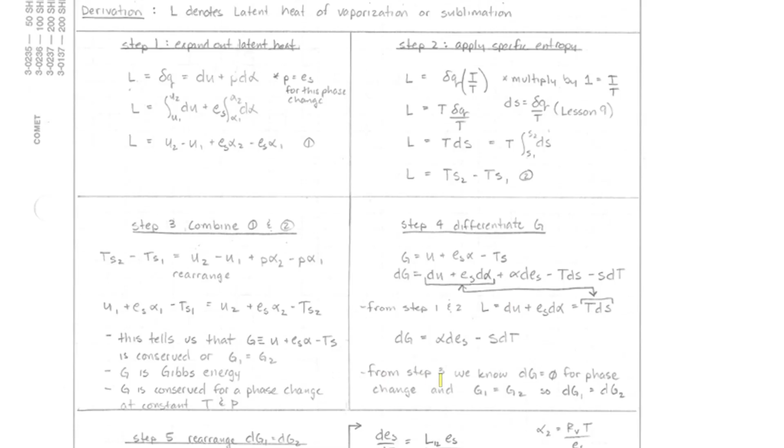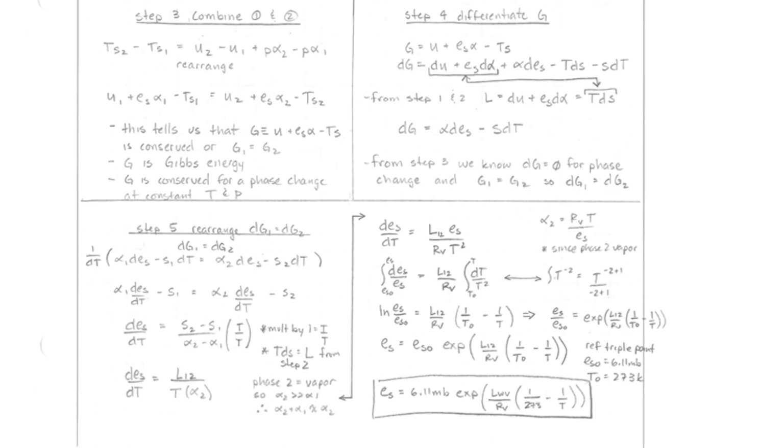So from step number 3, we know that dG equals 0 for a phase change. It's conserved. In other words, g1 equals g2. So we can also say that dg1 equals dg2. So if we move down to the final step, which is 5, which is some rearranging of dg1 equals dg2,